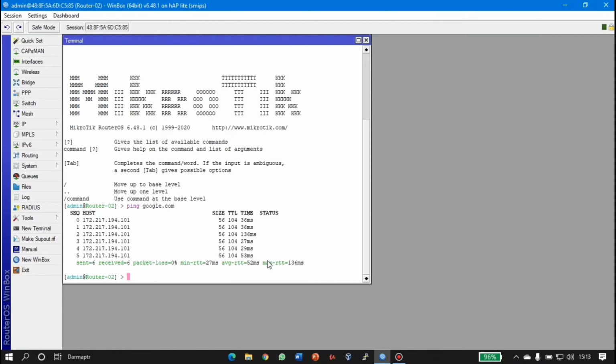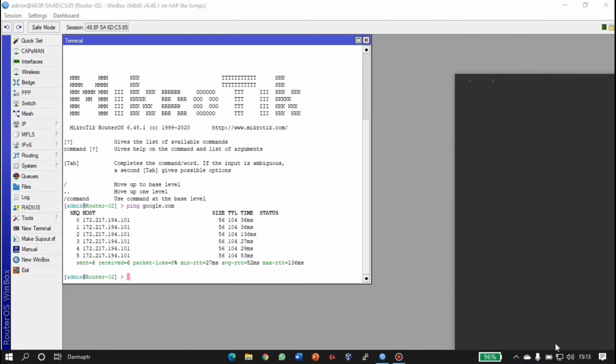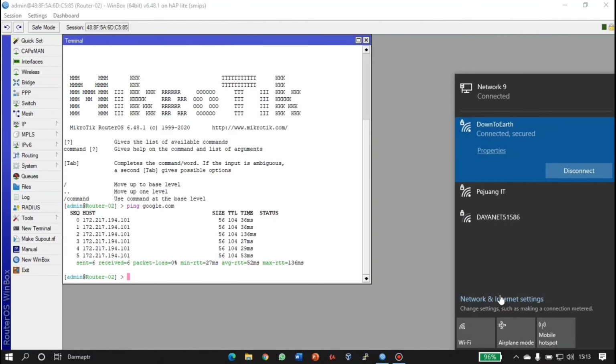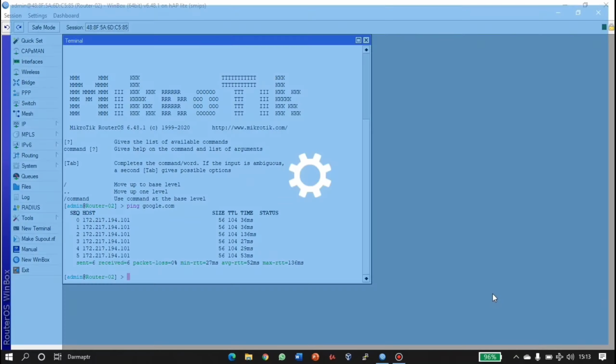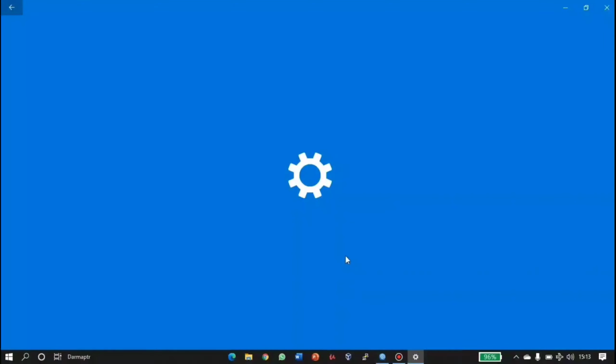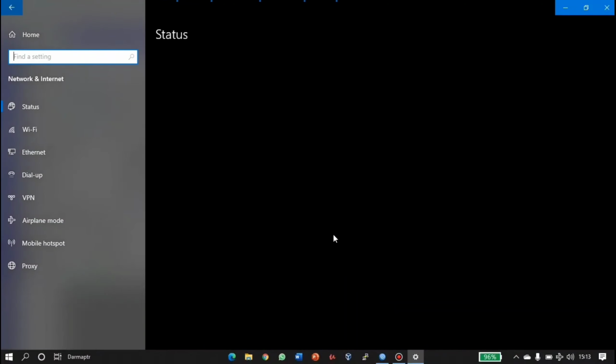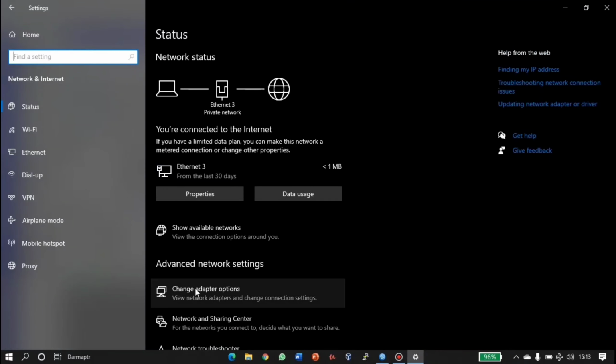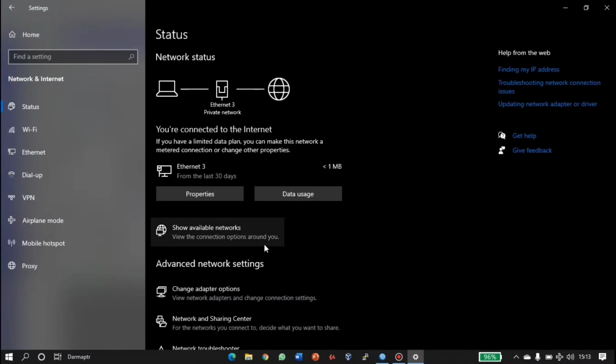And next, do testing on client 2. Open the network and internet settings, and then the change adapter option.